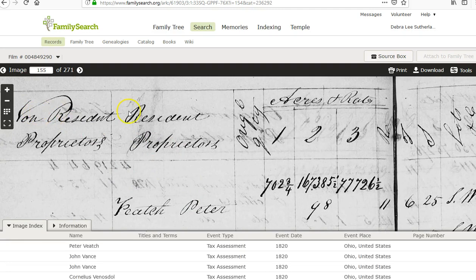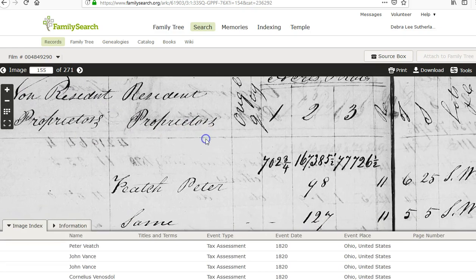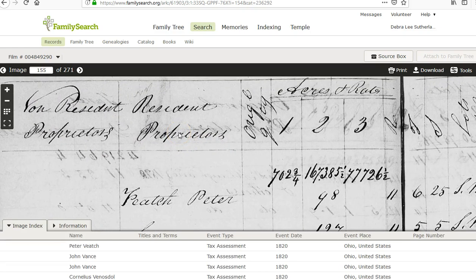So this is another thing that gives you information. As you get into the tax records, you'll find there's quite a bit of information. If you find a personal property tax record, it'll tell you how many cows they owned, how many horses they owned. Even if they didn't own land, they owned things. They might be renting the property, but they had their own personal property, and they're taxed on it. So tax records can really help you a lot in your research,